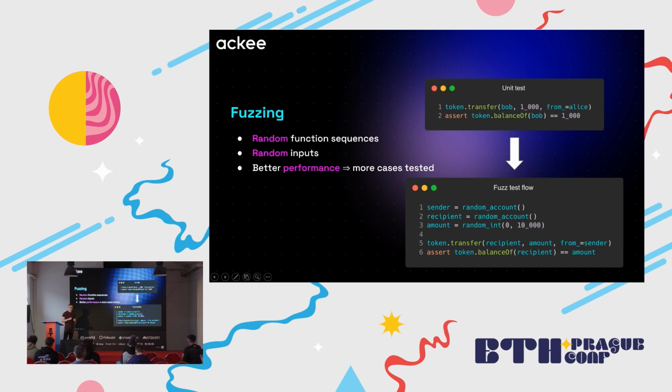Also, what's being tested in the fuzz test flow is what if we try to transfer 0 tokens? Because there's also 0 in that amount that may be generated. But it's not being tested in the unit test because it's a unit test and there's 1,000. But in fuzzing, there's a range in between 0 and 10,000, and so we may also generate 0 and so test how it will behave when transferring 0 amount of tokens.